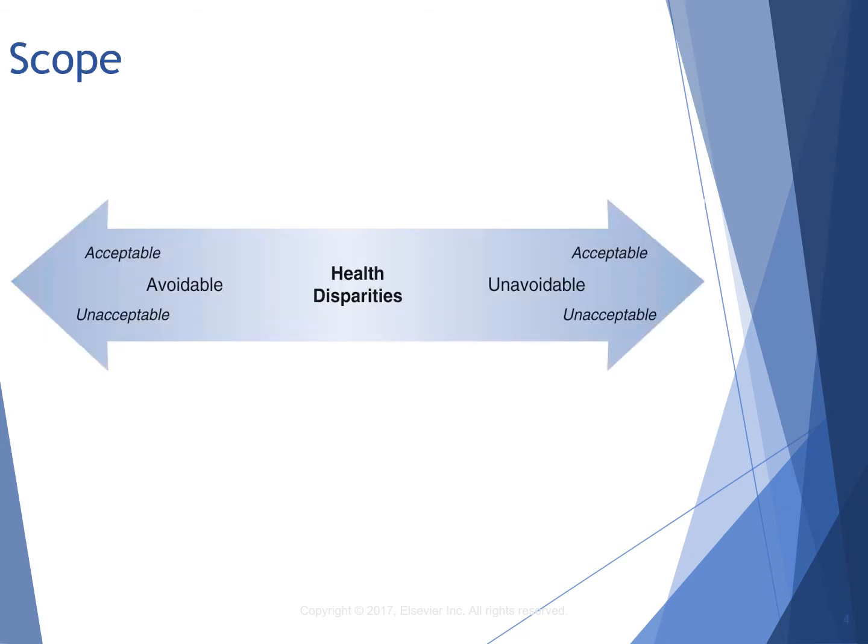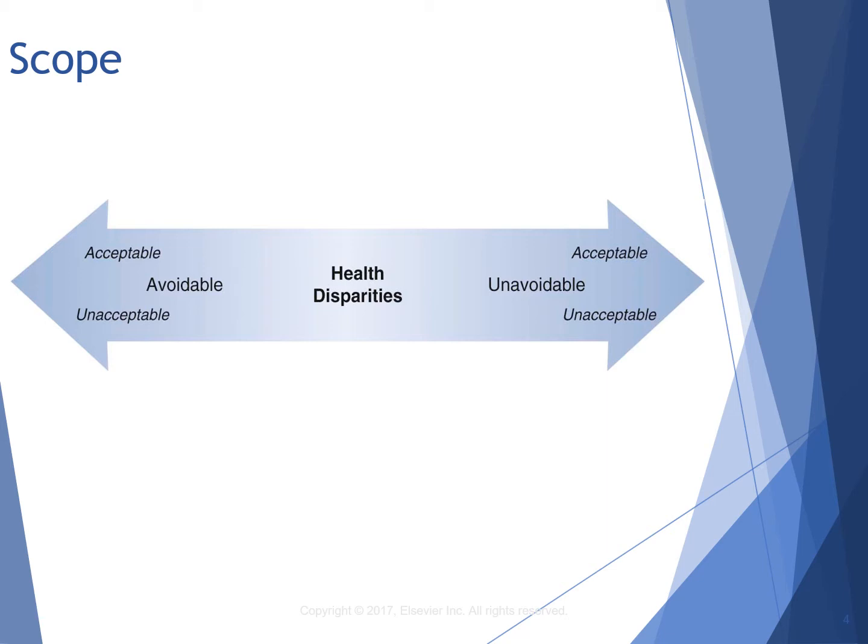So you can see in here how we define the scope for this concept. And we can see that from the broadest and most simplistic perspective, the scope of health disparities is represented by unavoidable and avoidable disparities. In some cases, this categorization can be easily applied. And I'll give you an example. Disparities in health outcomes by age may be unavoidable because aging as the biological process is not subject to intervention.